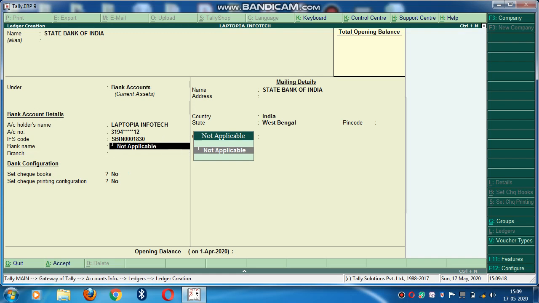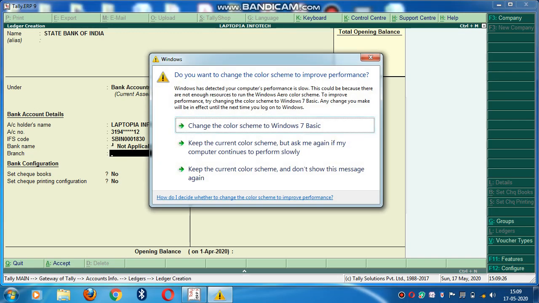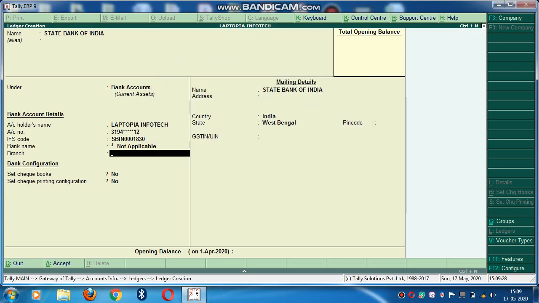Bank name, not applicable, or I can take applicable also, but I don't want to disclose my bank name because it's already given in the ledger name. Branch: you don't require to give all this. Then address, if you wish, you can give the bank address, West Bengal.